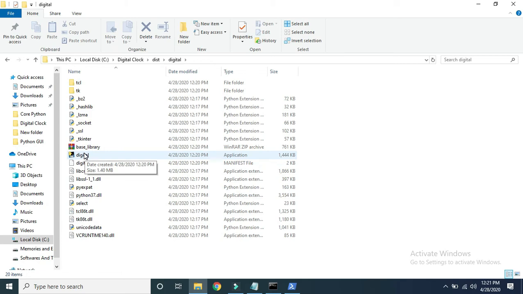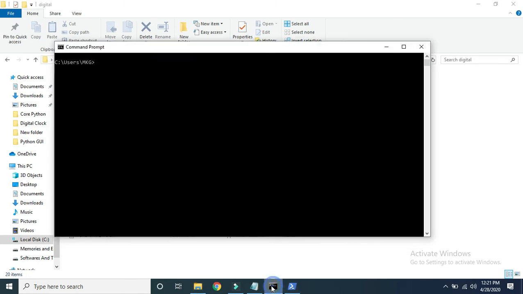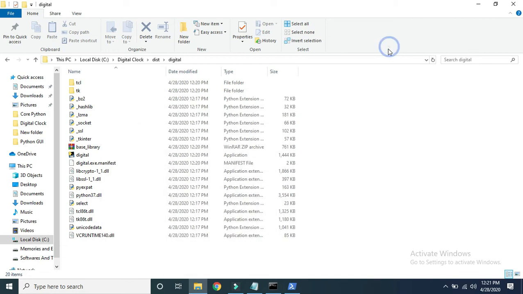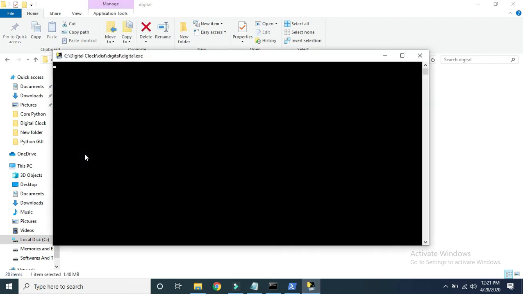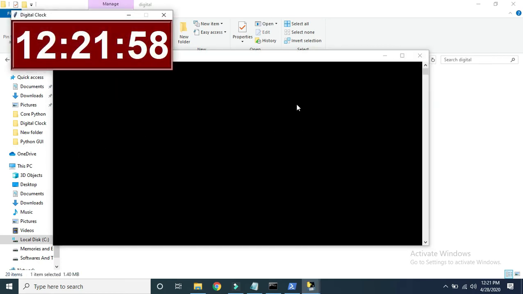Earlier, if we wanted to execute a program from command prompt, we had to enter that respective folder and then write the program name. But now, if I just double click on this application file, initially we'll get this console and then we'll get the output of our program. I hope you are getting this point, how to create a .exe.